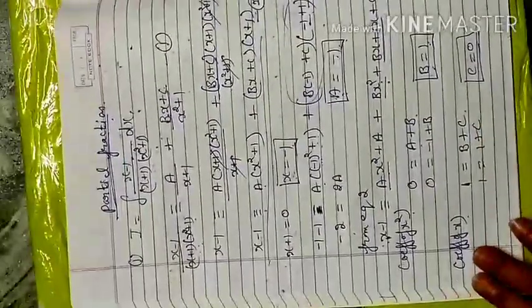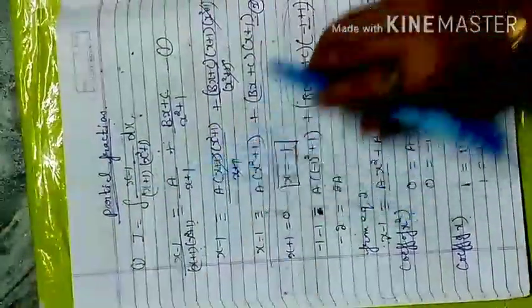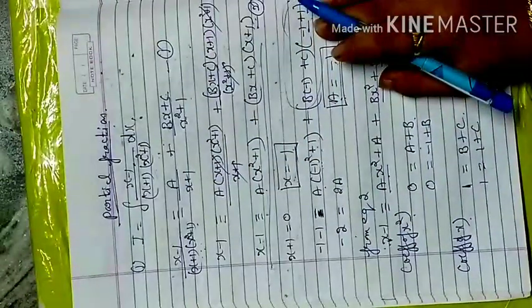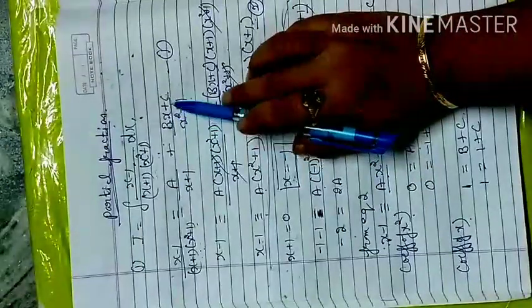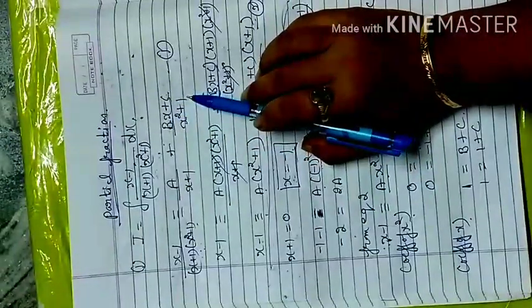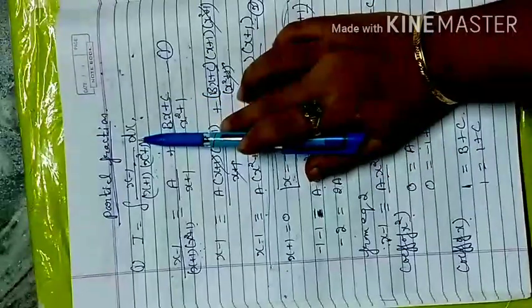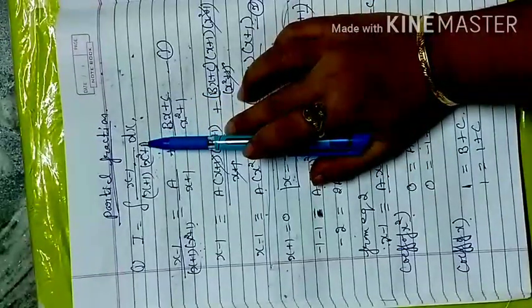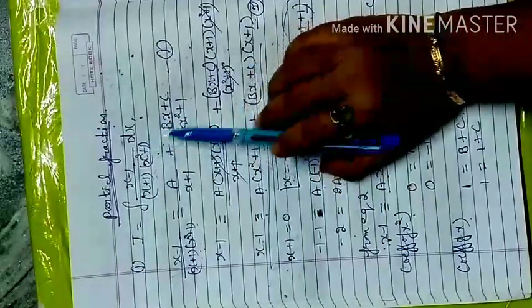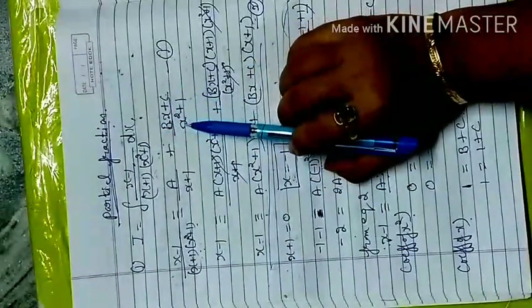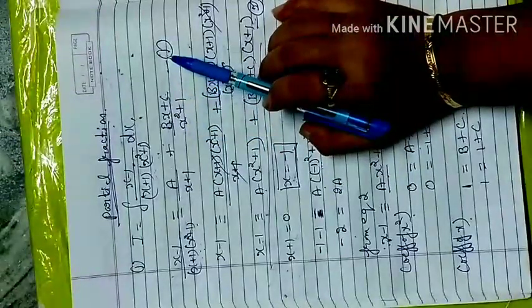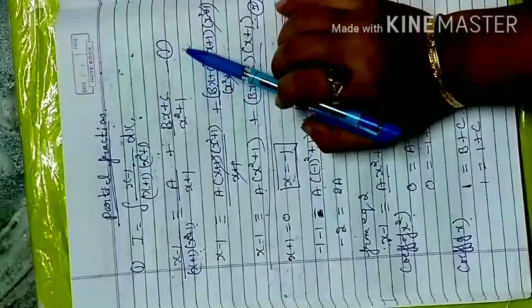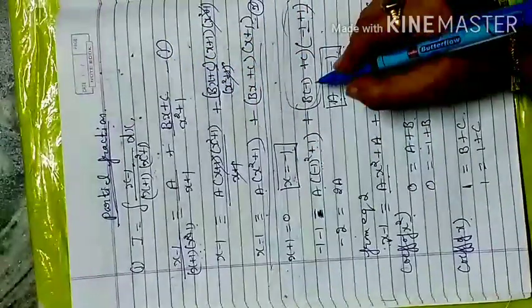So that is what we have solved today. If there is a quadratic equation and linear factor combination, how do you solve that question? The quadratic factor will be opened like that, bx plus c over x square plus 1. But suppose a repeated factor is there, like here the quadratic, then you go with the descending order. Suppose here the power 2 is written, first you write bx plus c by x square plus 1 whole square, then plus the next two variables dx plus e by x square plus 1 with power lower than the previous one.